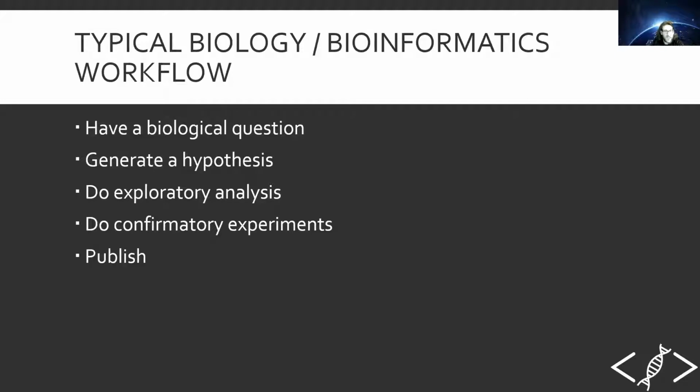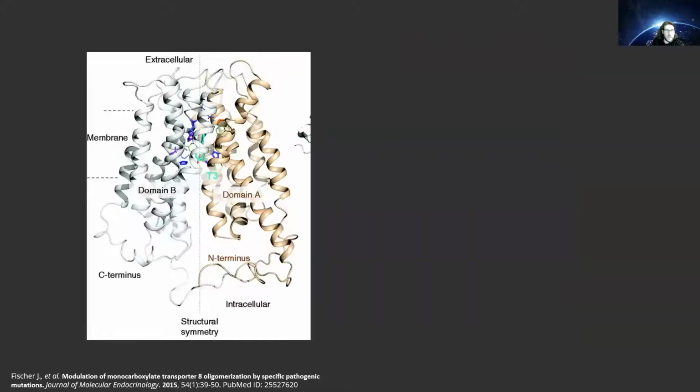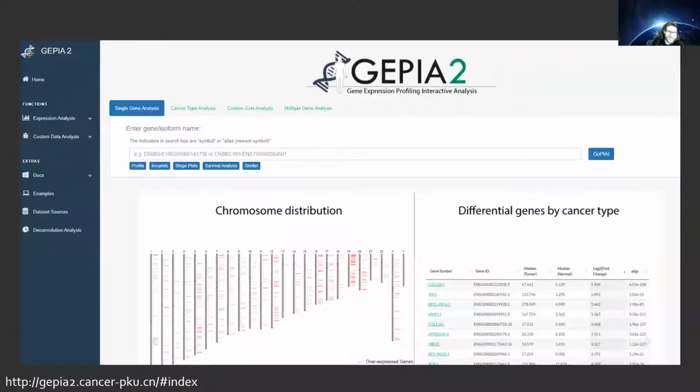So here's a really brief example of that in action. Let's say hypothetically, this is a protein I study called SLC16A2. Let's say that I study this protein in the context of cancer. I've recently started to come to a hypothesis that SLC16A2 causes breast cancer progression. Okay, so I might go on to do an exploratory analysis using, because I'm a bioinformatician, a service such as